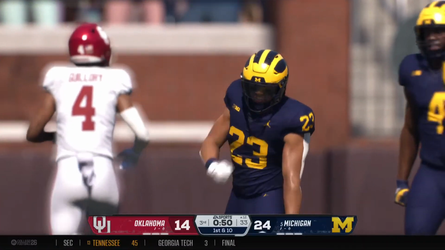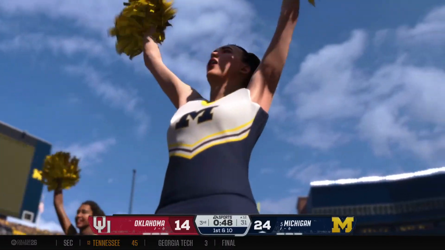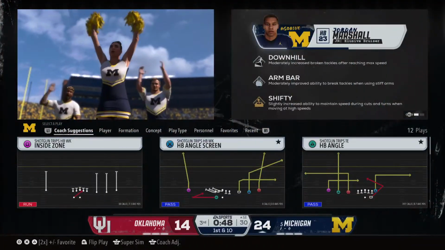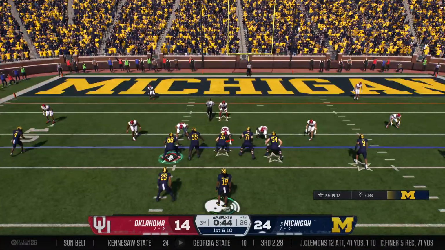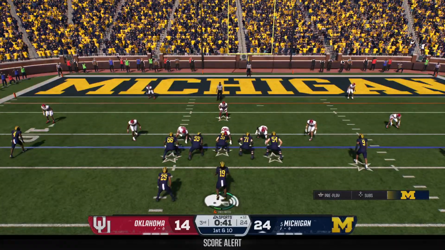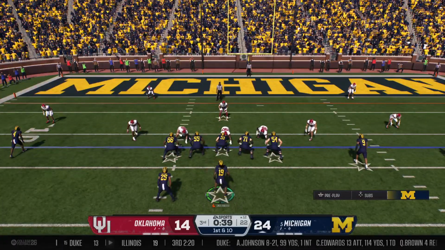The defense has got to be able to make a play at some point here in the second half. You're down 2 possessions. You need to steal a possession badly. You need to have a takeaway. The coverage is going to have to be way tighter than on that last throw. Otherwise, this offense is just going to go up and down.